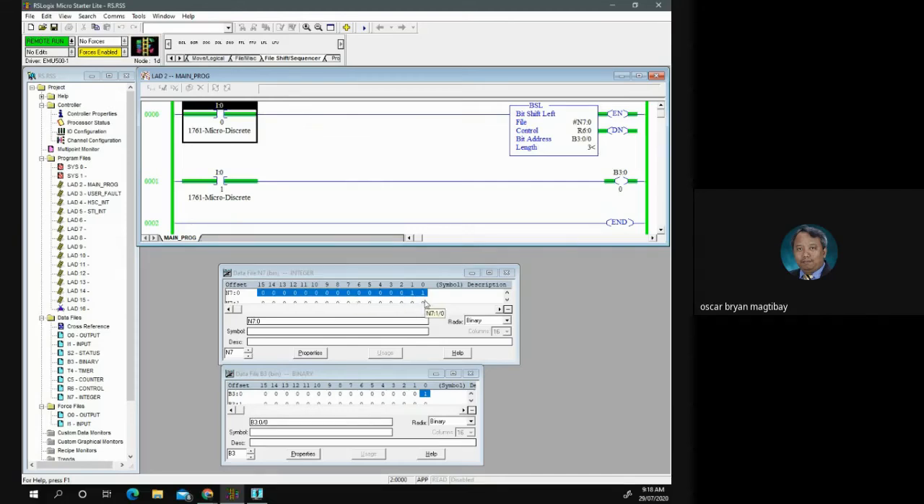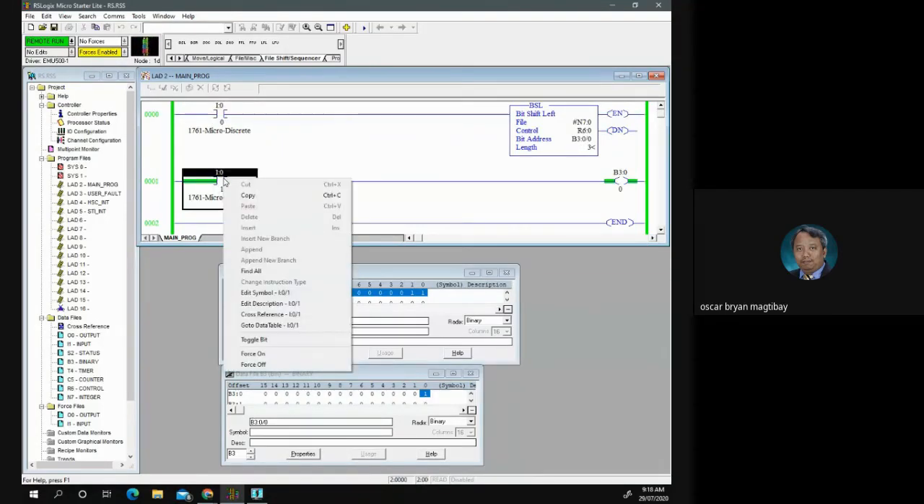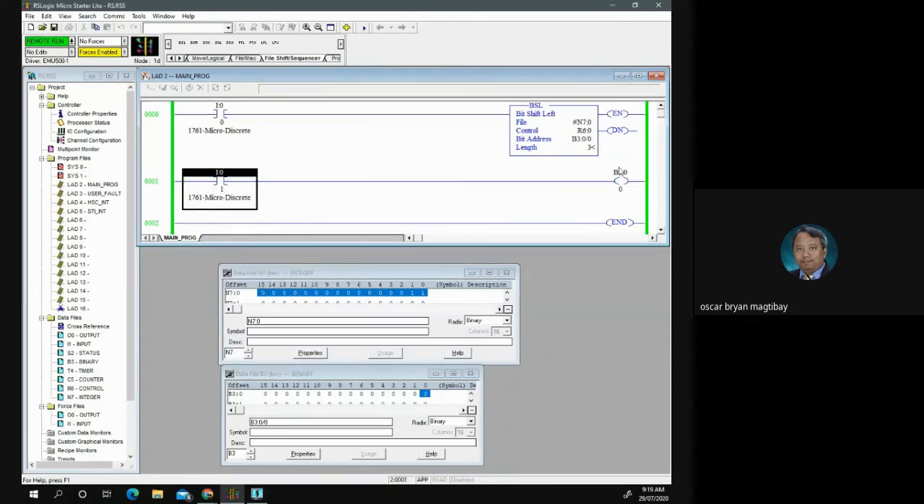Nag-move ngayon to the left. Yung from 0 to 1, lumipat yung bit natin papunta sa left. And at the same time, nagdagdag tayo ng 1 dito since the value pa rin ng ating B3:0/0 is still 1. So, untoggle natin yung ating pang-shift. Gawin natin itong 0. Toggle bit. So, 0 na ngayon si B3:0/0. Ngayon, pag nag-shift tayo